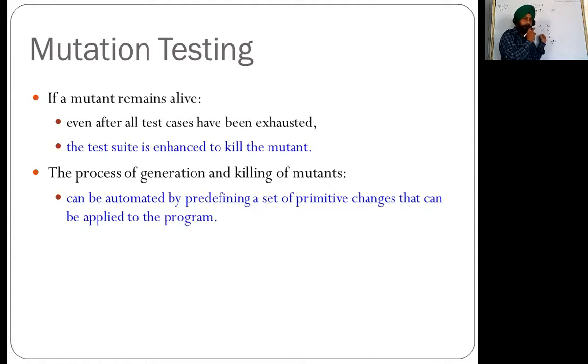And if your test suite or test case is not able to find that particular change, then it means you have to enhance your test suite now, because it is not able to detect this particular change. This type of change is a type of error seeding I already discussed earlier. So your mutant should be dead. We do not want the mutant to be alive. Here the mutant is alive, meaning the change you have made has not been detected. You want to kill your mutant, so you have to enhance your test suite. This is the idea behind mutation testing, and it is important also.